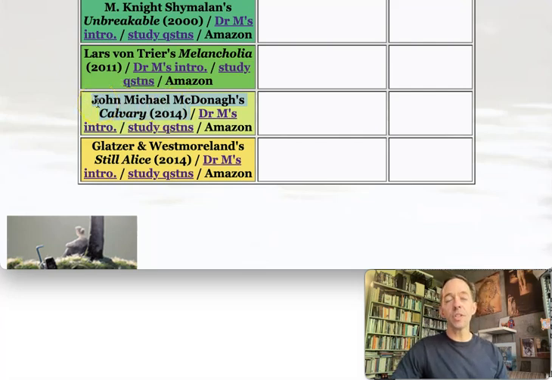This film opens in a very hard way. The priest is receiving confession of someone, and again, I'm not spoiling much because this happens in the first 2 minutes. He's receiving confession from someone who promises to kill the priest, right? Because he himself was raped repeatedly by a priest when he was a child. So talk about heavy. This film hits squarely on a certain kind of nail, and it does not let up with the pressure. Glatzer and Westmoreland's Still Alice is about a woman who's dealing with early onset Alzheimer's.